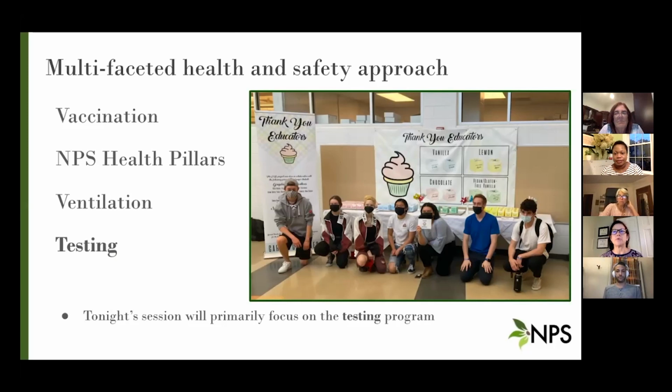We've really deployed a multifaceted health and safety approach. And we've talked about this before. We've talked about vaccinations. We've talked about our health pillars. We've talked about ventilation. I think Liam might have a nugget or two to share with you in a moment about that too. But the bulk of our time tonight, we really want to talk about the testing program as one component of a larger effort to provide a safe educational environment for our students and our staff so that we can preserve as much